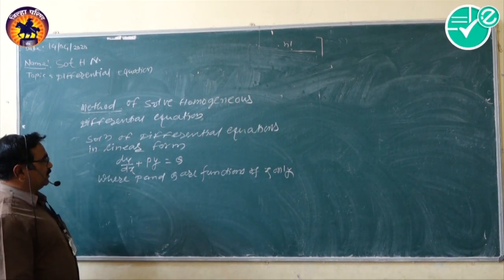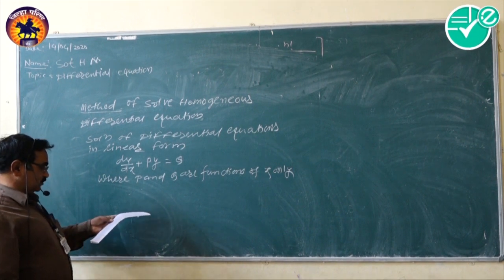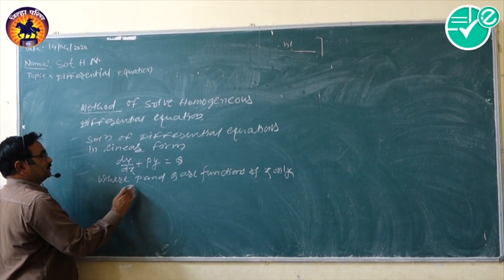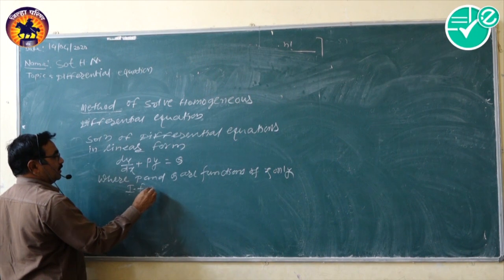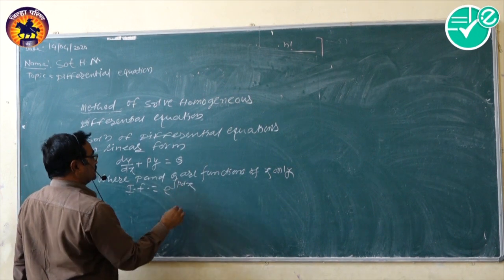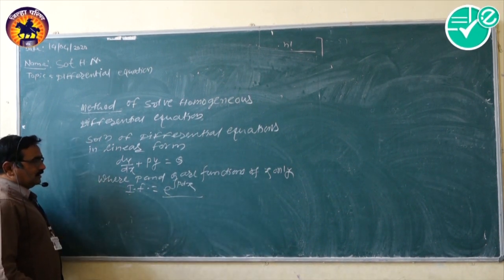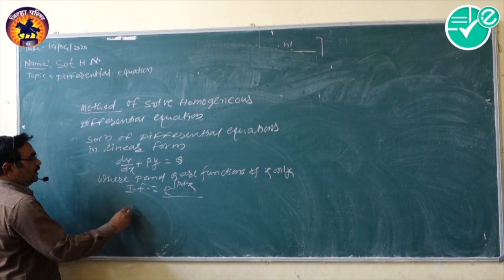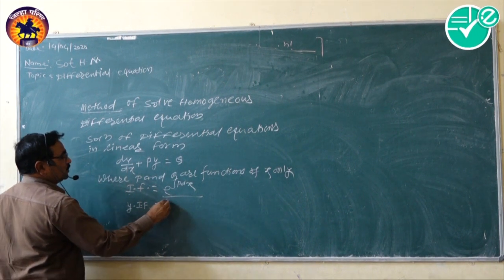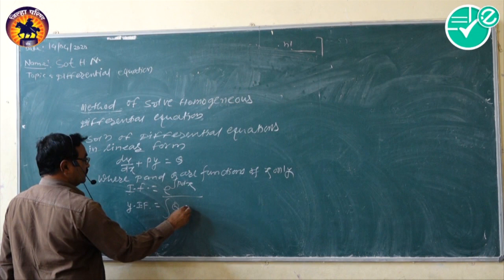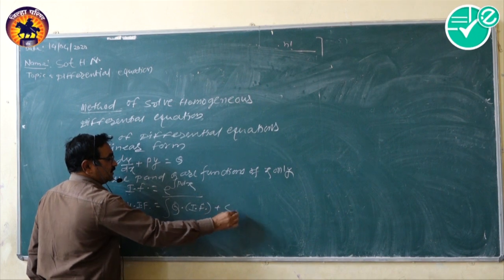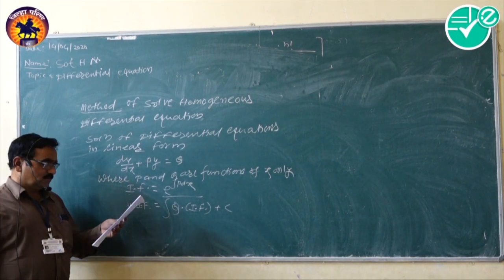How we can solve this type of equations? We solve these equations by taking integrating factor. Integrating factor is equal to e raised to integration of p dx. This is called integrating factor, and we solve the equation by y into integrating factor is equal to integration of q into integrating factor plus c. This is the formula for solving the